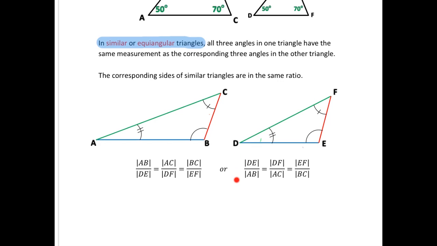And lastly, we can just invert those three relationships. So instead of doing this larger side over this smaller one, we can do the smaller one over the larger one either. So DE over AB is equal to DF over AC is equal to EF over BC, which is what we have